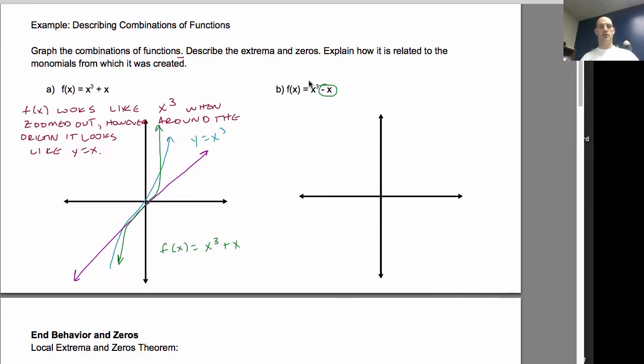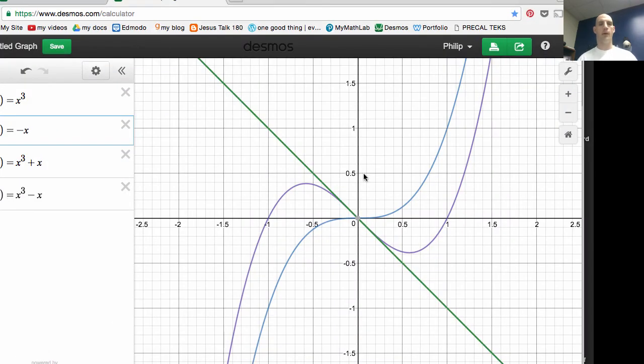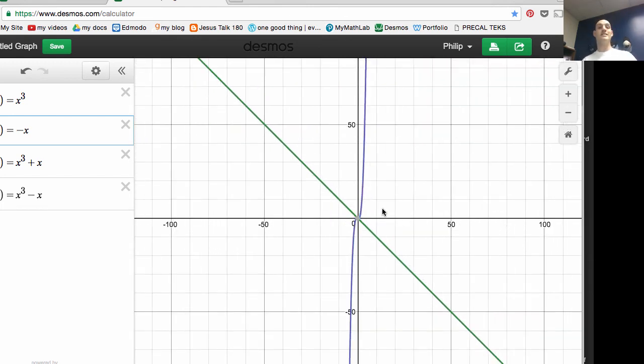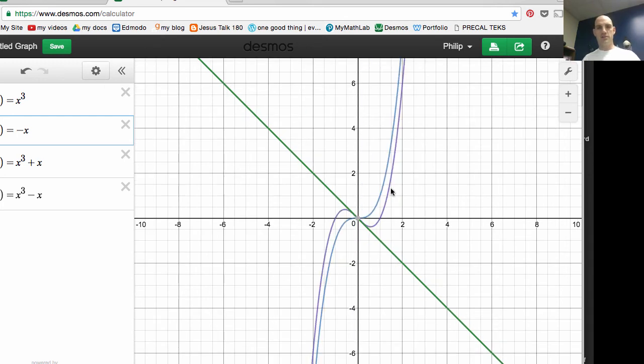All right, we're back. So if you graphed these, what you ended up with was y equals negative x, that's this part here. Okay, and we also graphed that against y equals x cubed, so this here kind of. And our graph, as you recall, was a little bit bumpier, but it looks like this negative x around the origin, but as we zoom out again, check out what it looks most like. Boom, look at that. It doesn't actually follow negative x really at all, except around that origin area. And so as I zoom back in here,